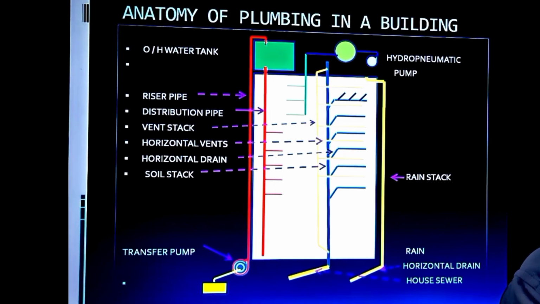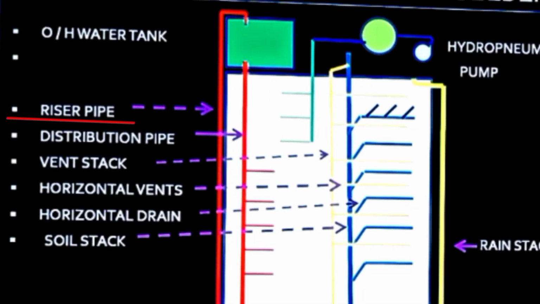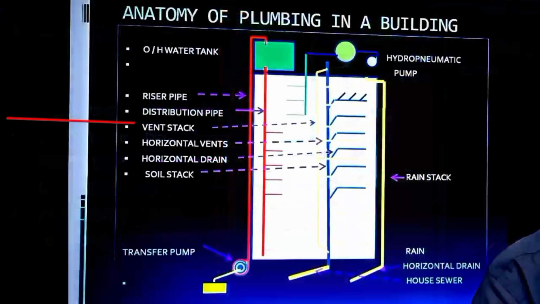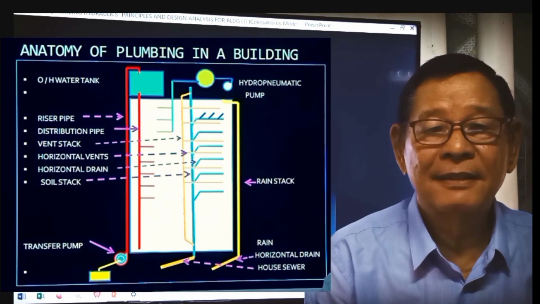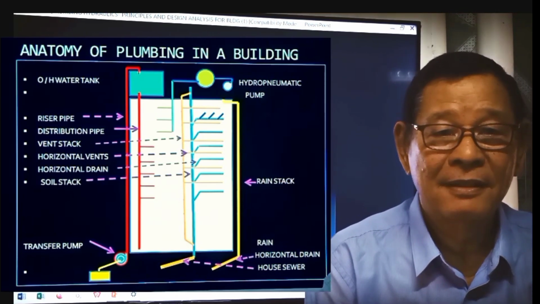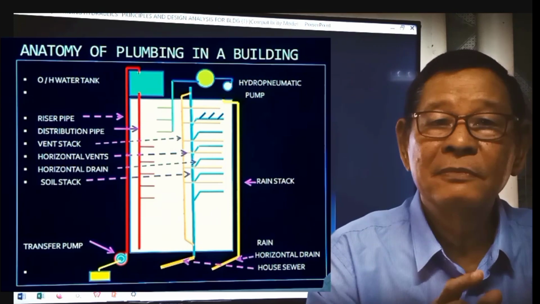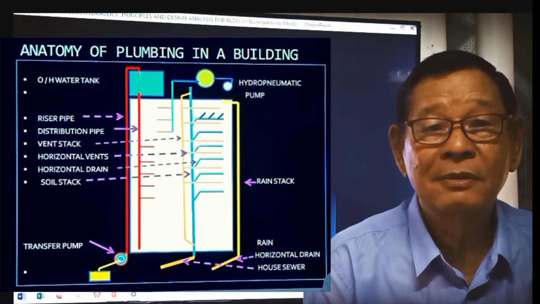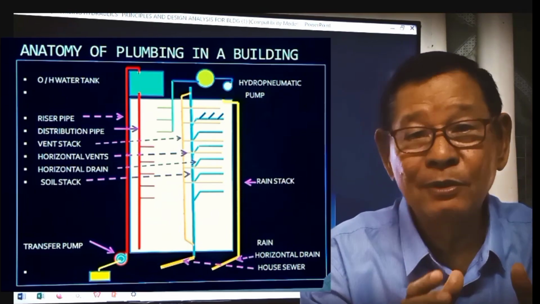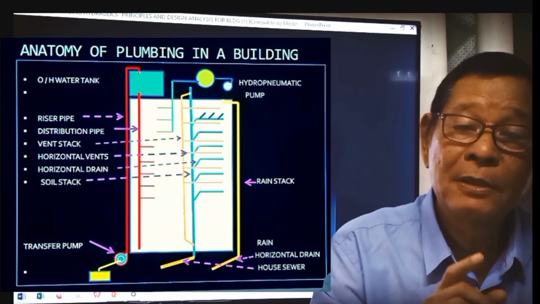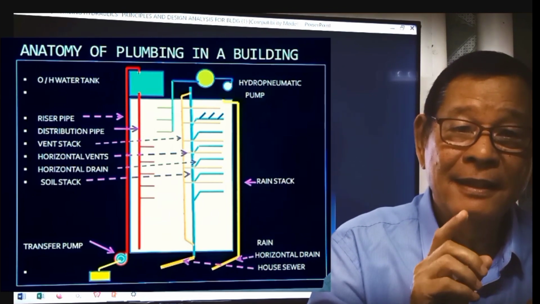So we will consider solving the riser pipe. To size the riser pipe, kailangan mo ng mga hydraulic principles. There are losses. May mga losses yan sa pipe. So, ang mga losses ng pipe natin, they may be friction loss that is applied through the Darcy-Weisbach formulas or equation. There are friction losses due to friction of the pipe as we apply the Hazen-Williams equation,